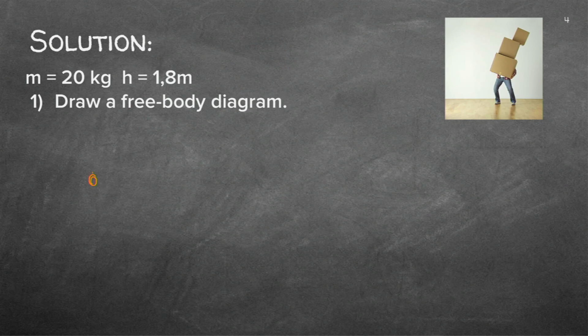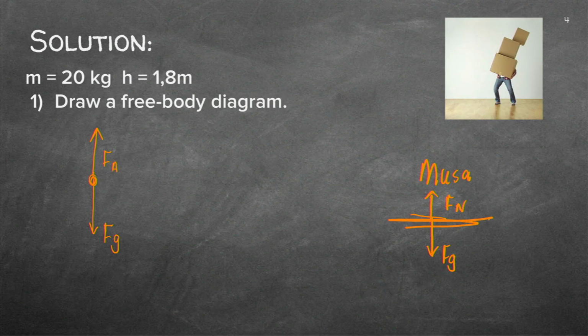We know that the boxes will have a weight, therefore there's gravitational force downwards, and there's also the applied force that Musa is picking up with. Remember that if you had to do a force diagram for Musa, he would have had his gravitation as well as a normal force, because he's standing on the surface. But the boxes only have Musa picking them up, therefore you find the applied force up, and you've got the gravity going downwards. So that's more or less a free body diagram. There's no horizontal forces here.